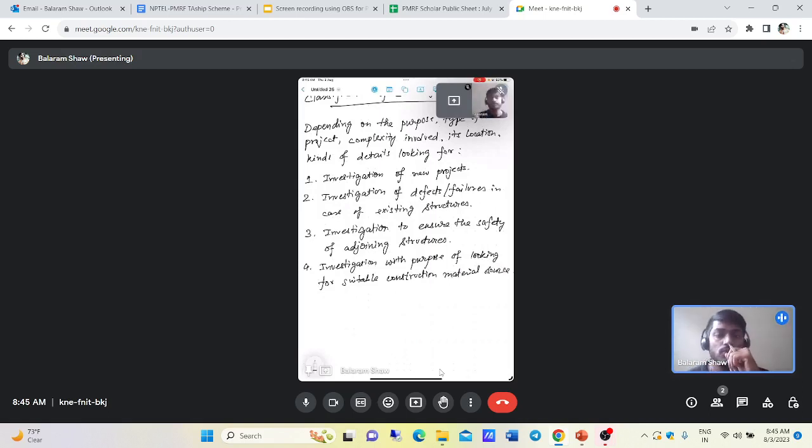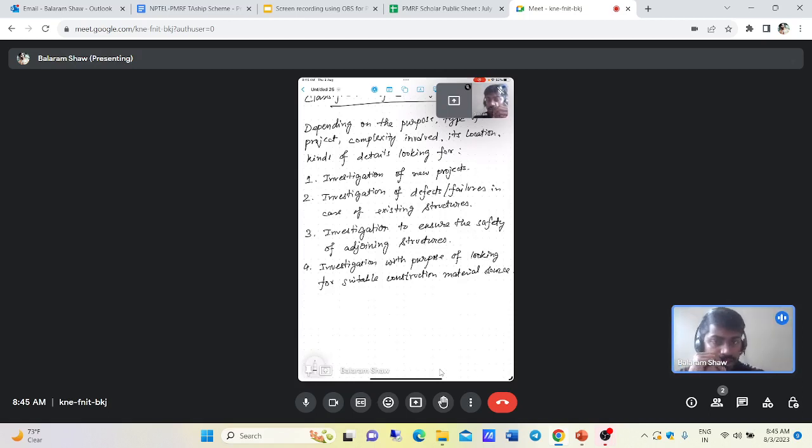Okay, so the fourth is the investigation with the purpose of looking for a suitable construction material source, right? So we have to understand whether the construction material that we require for mega projects, where we need a bulk amount or a huge quantity of construction materials, is available very near to the construction site, so that we can have easy accessibility,